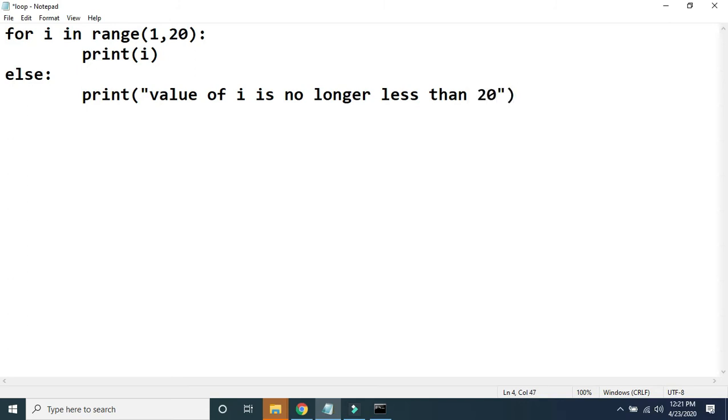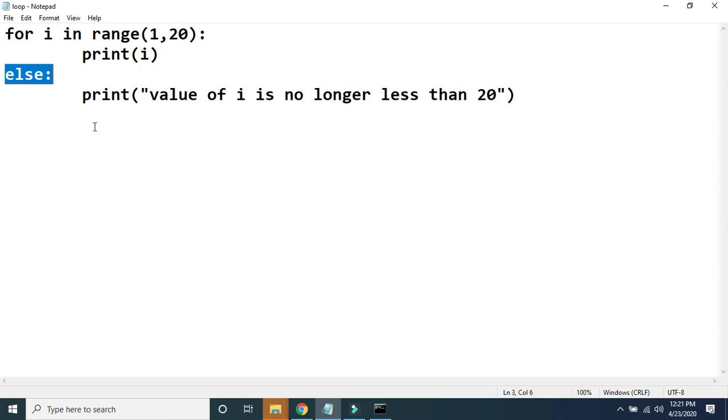Now what I want to discuss is when this else statement will be executed. When the condition becomes false, and the condition becomes false when the value is greater than or equal to 20, meaning the value of I becomes 20 in this program. At that time it will stop execution of the for, and control will come to the else, and it will print this message: value of I is no longer less than 20.